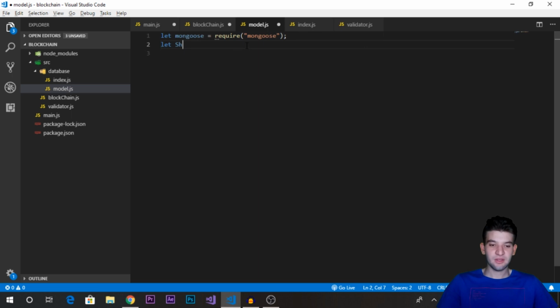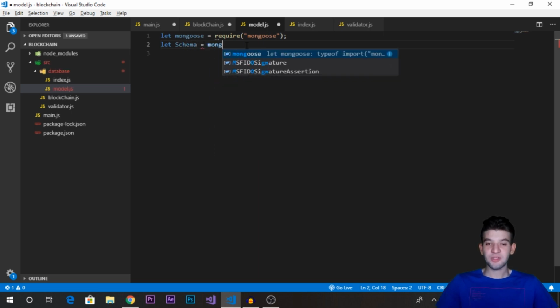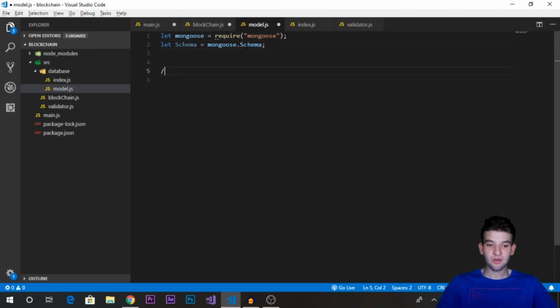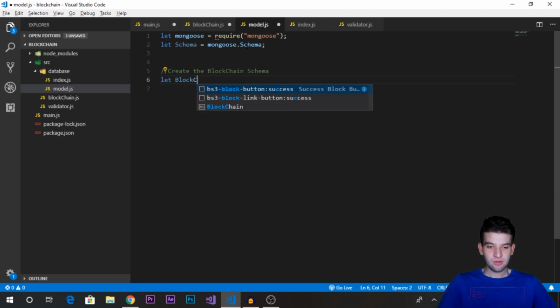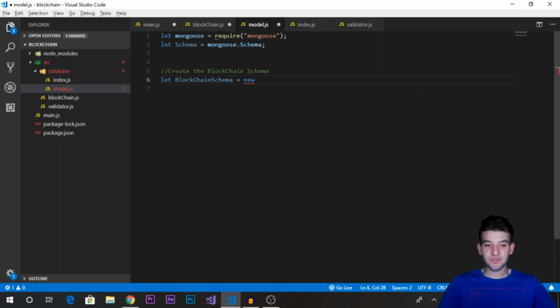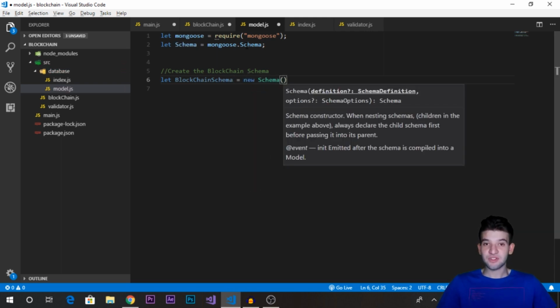I'm gonna create this Schema equals the MongoDB, I'm just gonna grab the Schema in here. We can easily use it, and here create the blockchain schema. Okay, and I'm gonna say blockchain equals a new. We have to create a new instance of the schema, and the schema actually takes